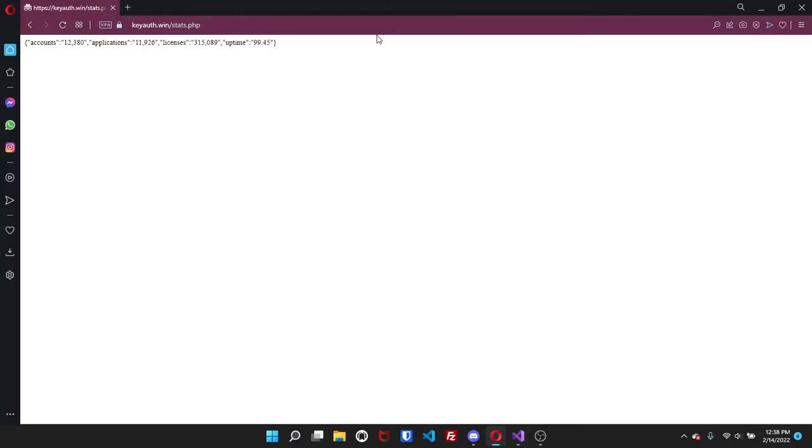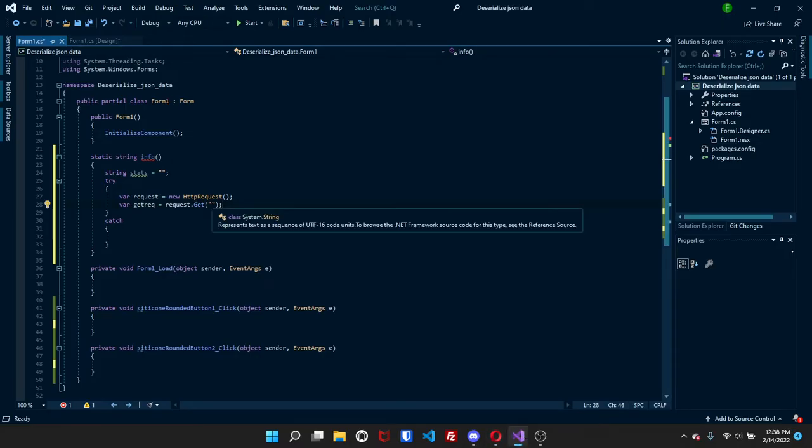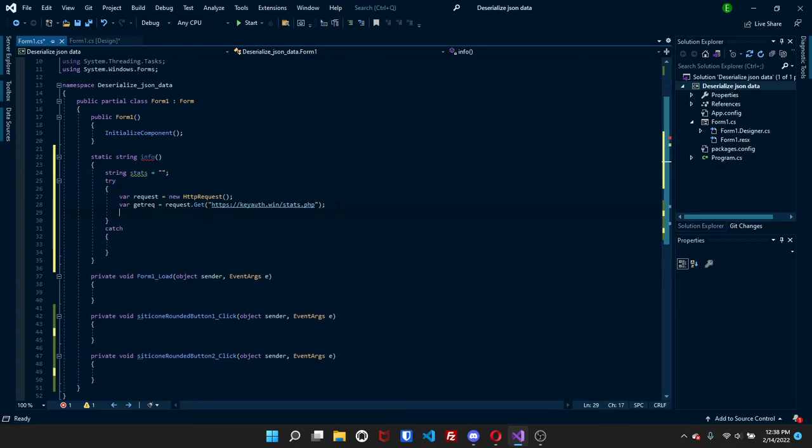So we can come over here, copy the URL, paste it in here, and underneath we're going to make a string. I'll name it rec string, and then equals whatever this name is. So get rec dot to string,